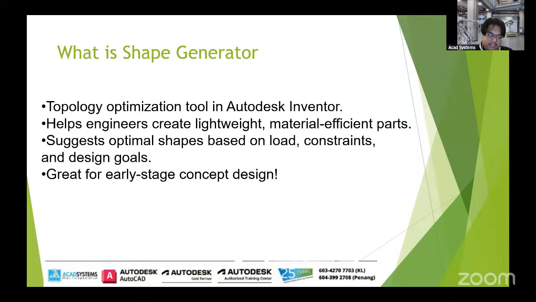That means taking into account where it's fixed, what load it faces, and what you want to optimize it for. It's particularly useful in the concept phase of the design where you're trying to develop parts that are both strong